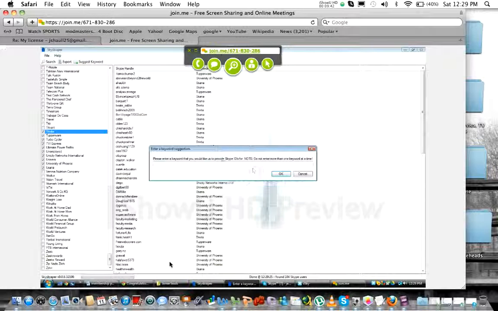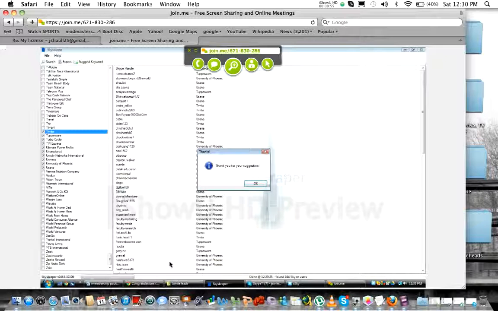If you want to suggest a keyword for some person associated with a certain company that's not listed, let's say iWowWee. That's the company that I used to be in. So if we want to suggest a keyword, you just simply press OK. It says, thanks for your suggestion. So they're going to take that keyword into consideration,